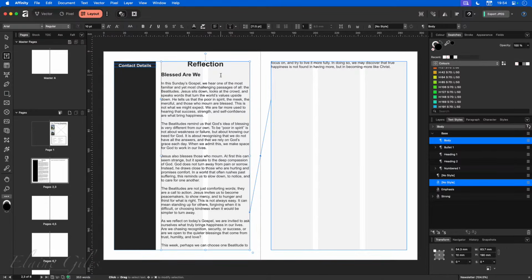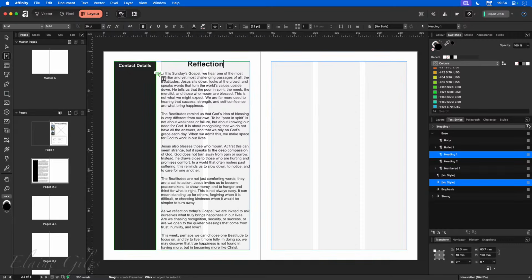Right, the next thing I would probably do, our reflection doesn't have a name. It just says reflection at the top. And I created 300 words that fit beautifully. So that is what I would do with that. That means that this frame that's linking to this second frame doesn't now need the second frame. That does not mean that it's a good idea to just leave it there and put the rest of the